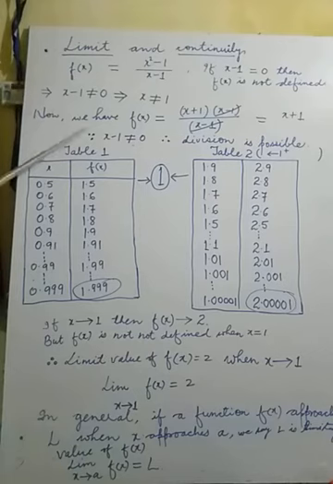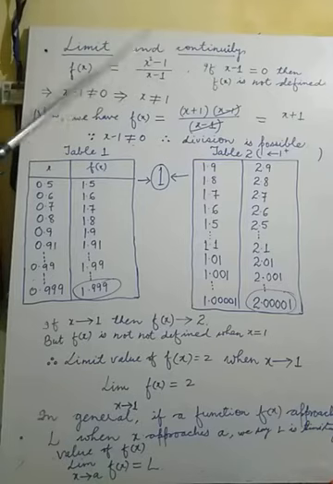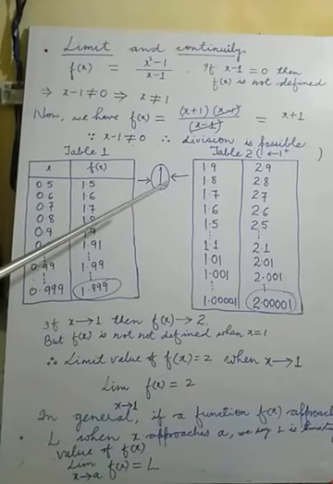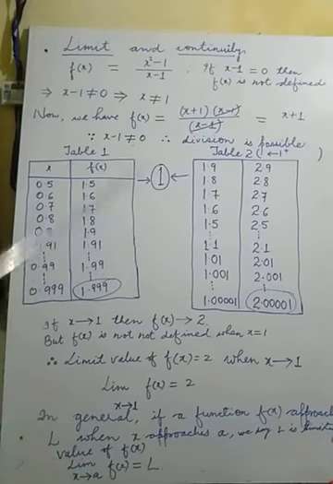Now, the value of x minus 1 is not equal to 0, as I explained. If x minus 1 were 0, the function would not be defined, because something upon 0 is infinite, and infinite cannot be defined here. That's why x minus 1 is not equal to 0. Now, on this basis, approaching 1, one value of x will be greater than 1 and approach 1, and the second value of x will be less than 1 and approach 1.